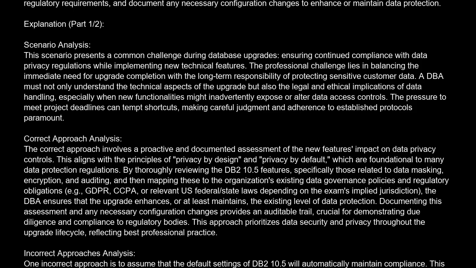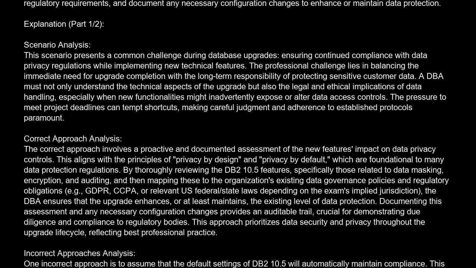Correct approach analysis. The correct approach involves a proactive and documented assessment of the new features' impact on data privacy controls. This aligns with the principles of privacy by design and privacy by default, which are foundational to many data protection regulations. By thoroughly reviewing the DB2 10.5 features, specifically those related to data masking, encryption, and auditing, and then mapping these to the organization's existing data governance policies and regulatory obligations, e.g., GDPR, CCPA, or relevant U.S. federal/state laws, depending on the exam's implied jurisdiction,